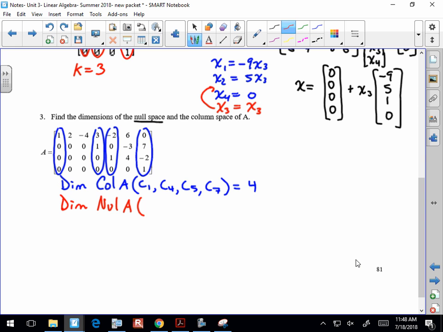So that would be C2, C3, and C5. So the dimension of the null space would be